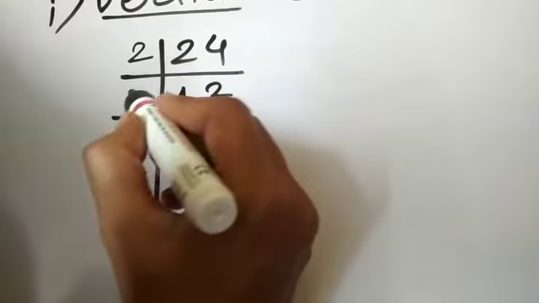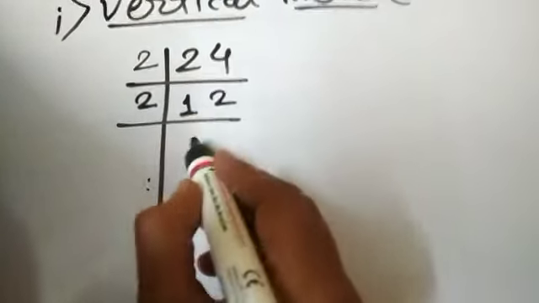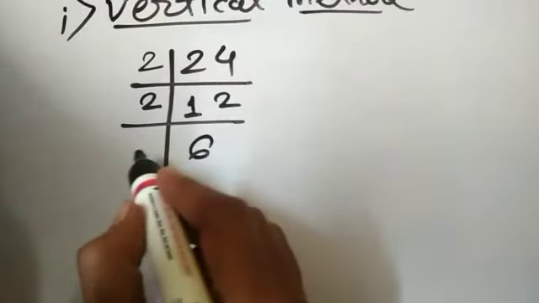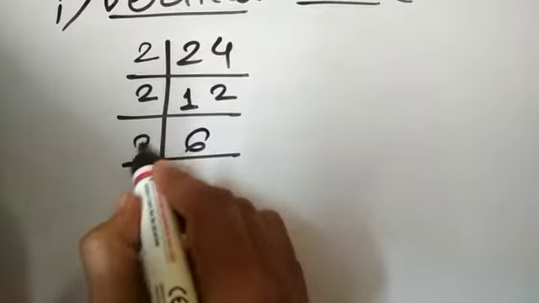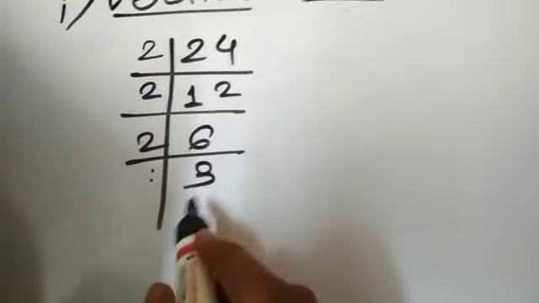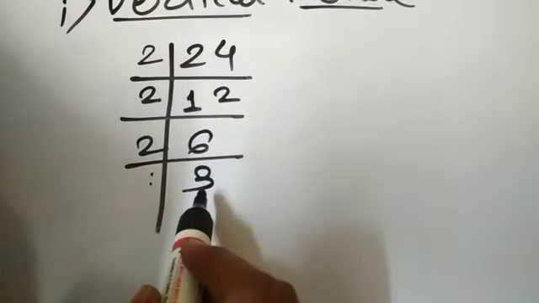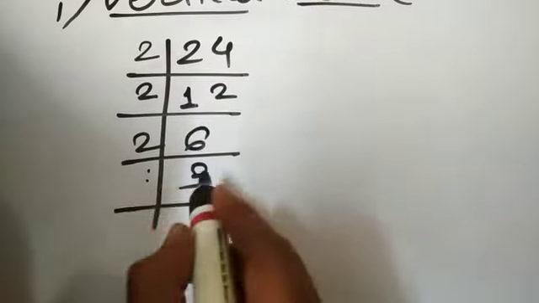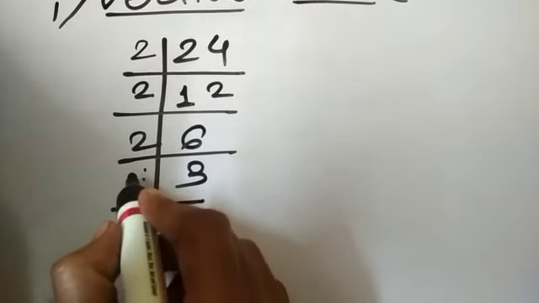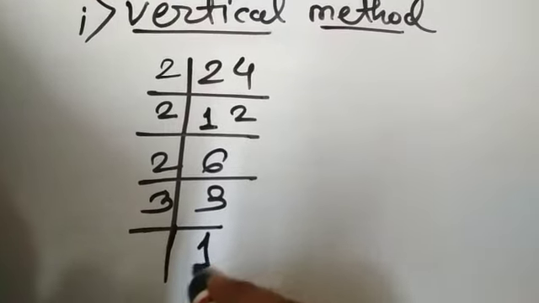Fine. That's why. Then again, now I can factorize this 12 with the 2 also. 2 6s are 12. Then again 6 I got here. I can factorize this 6 as 2 3s are 6. Now you have the chance to write the 3 here also and the 2 here also, because 3 is also a prime number. At the last I have the 3, and 3 is a prime number, so it is divisible by itself only. So 3 1s are 3.